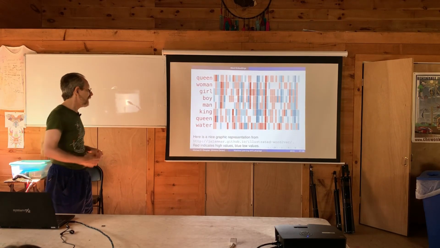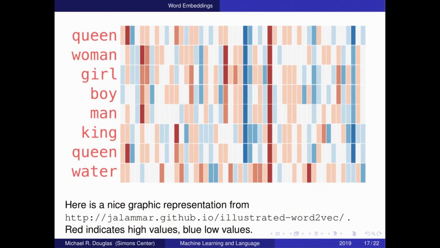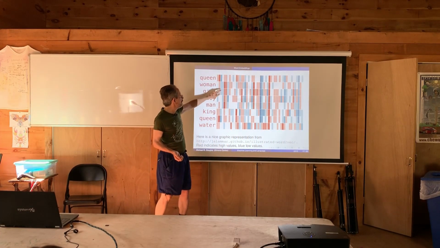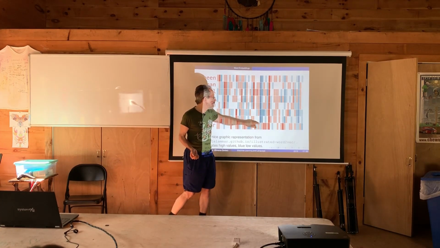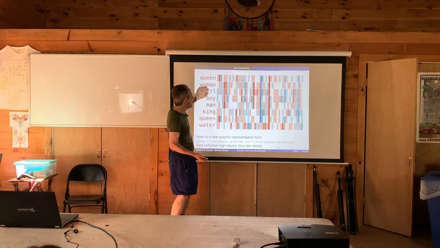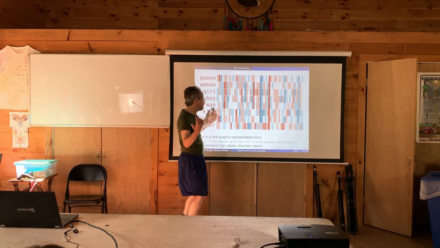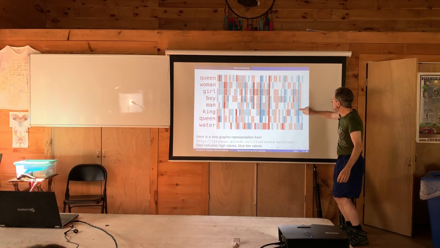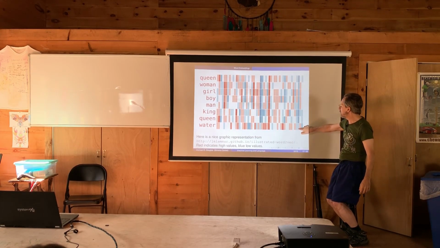Okay, and why do we say that? Well, the numbers are a little hard to visualize, so you could make a heat map. This is another word embedding, I think with the same numbers, where we've taken the large positive numbers and made them red, and the very negative numbers and made them blue, with a range in between. Now you can kind of visualize that all the words we've shown here have this in common. We don't know what that means, but all these top words seem to have this in common, and water less so.